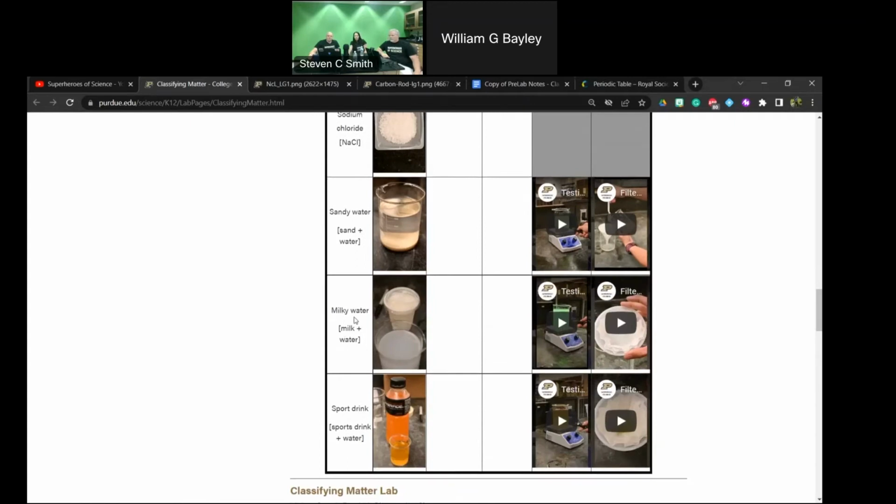Milky water, again, eventually, yes, we could trace all the parts and pieces that go into milk. We could trace all those to the periodic table, but right now there is no square on the periodic table for milk. There is no square on the periodic table for a sports drink here. I hope this is okay that